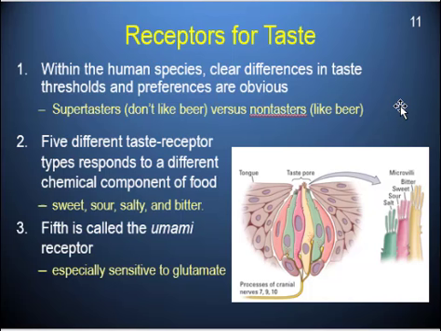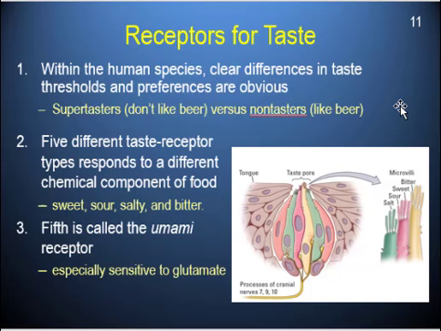Because you don't have that ability to taste that chemical that's on there. And again, we don't know exactly what the difference is between these types of individuals. We do know that there are differences in sensitivity. It could be sort of an evolutionary thing, but we haven't completely figured out all of the specifics yet. If you are interested in this sort of stuff, there's a lady by the name of Linda Bartoshuk, and you can look up some of her research. She did a lot of research on this type of thing.